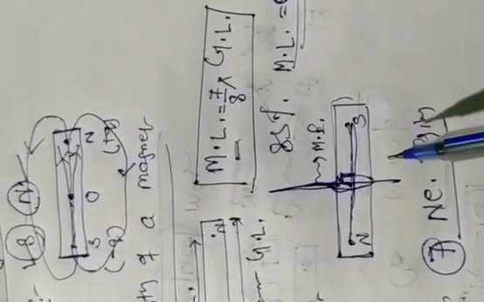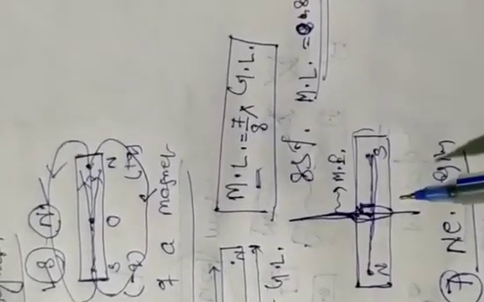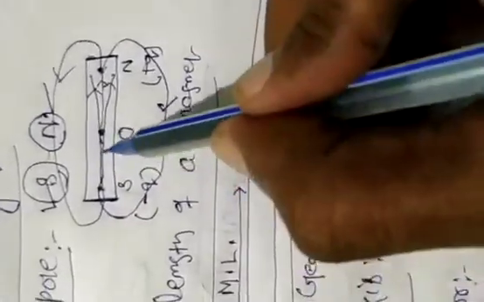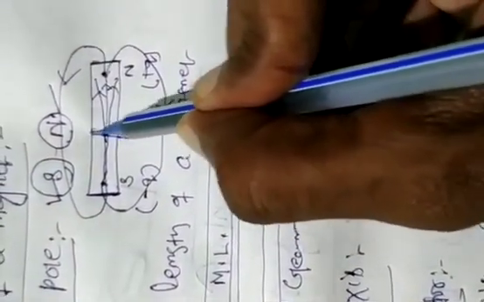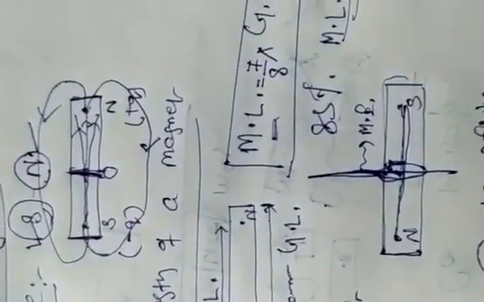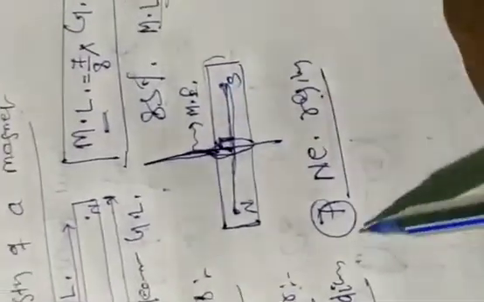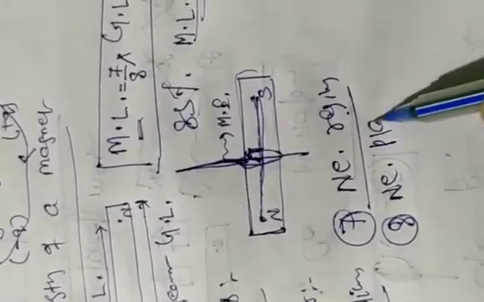It is the central region on the body of the magnet where the attraction power is almost zero. So at the center of the bar magnet the attraction power is zero. This entire region is known as the neutral region. Then another property, number 8, that is the neutral plane.